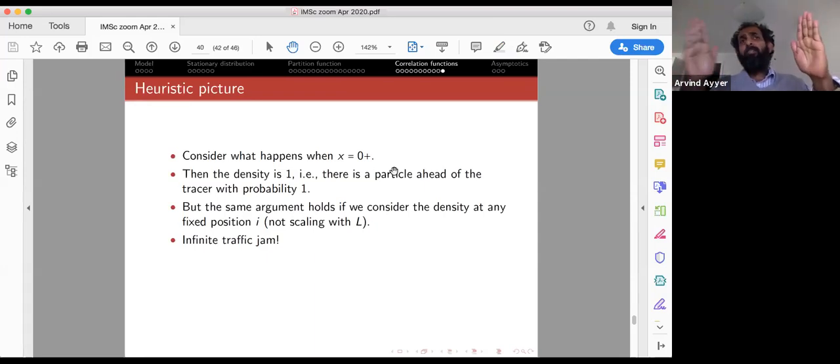Right. So as I was saying, all the particles are moving symmetrically, but this one tracer is just going asymmetrically. It's just going forward. And so what is going to happen is that there's going to be an accumulation of particles. And in the infinite volume limit, what this analysis gives you is that there will essentially be an infinite traffic jam in front of you. So you'll have an arbitrarily large cluster blocking you. And similarly,